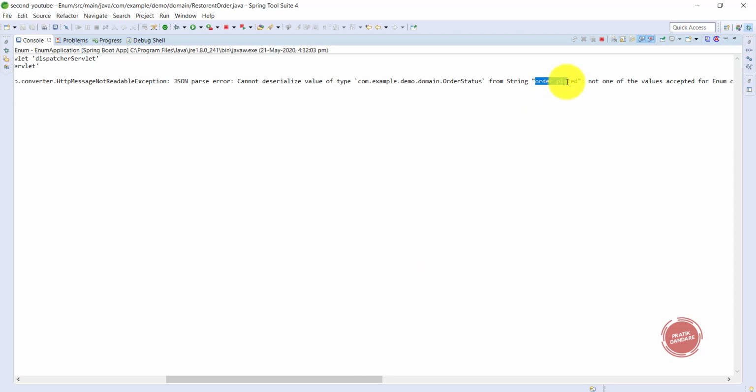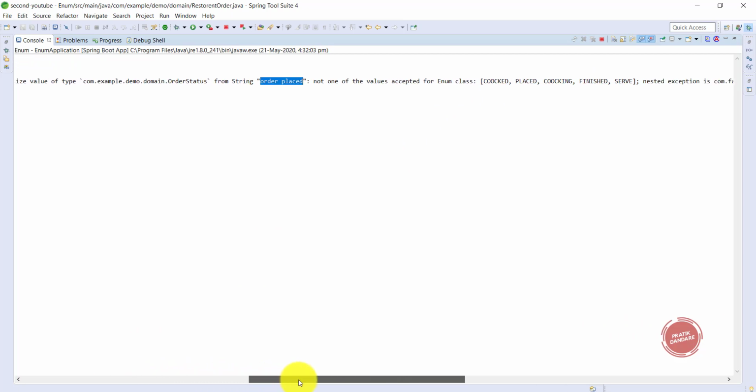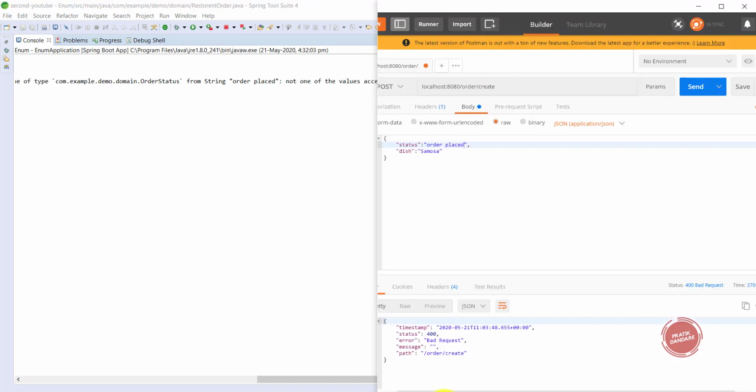We are passing the string order placed, but it is not present inside the order status, which is placed, cooking, cooked, finish and serve. So we need to write placed instead of order placed. Look at here, it already threw the exception, 400 bad request. So I just change it to placed, and let's see what happens. Yeah, placed is going to be saved into the database.